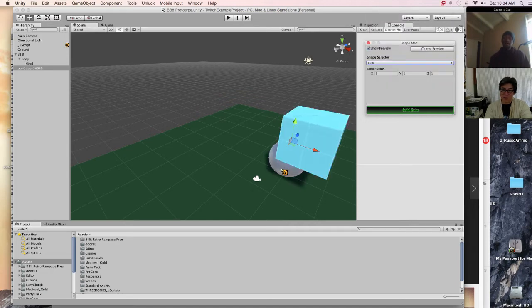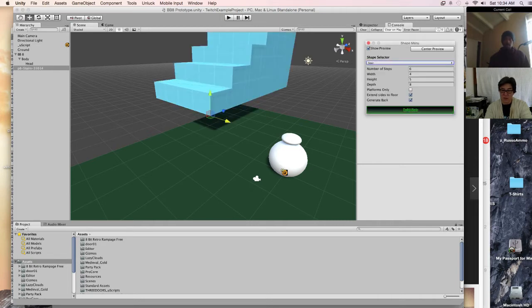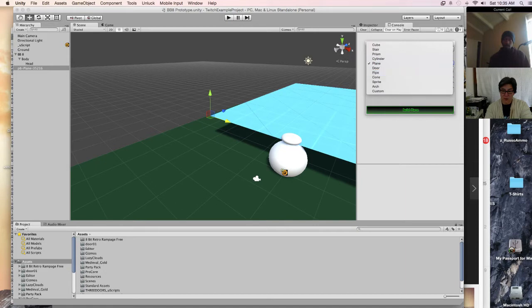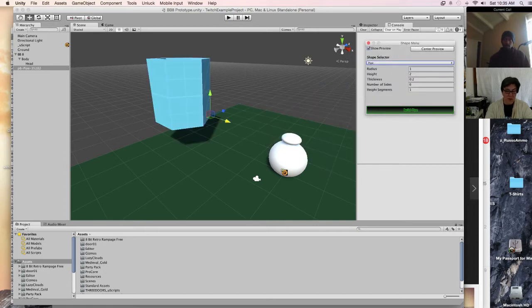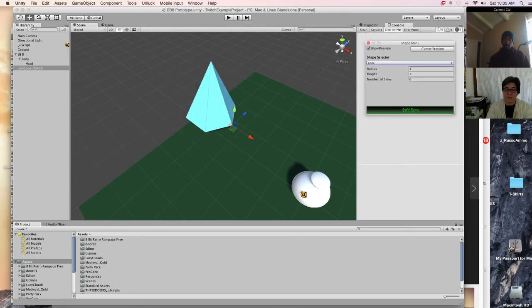So this is the thing that we can do, though. I'll show you the way this works for just a quick second. This doesn't exist in your level quite yet, even though it's put there. I have to actually hit build cube, right? Because right now it's in a limbo state. Stairs, prism, plane, pipe, right? So we've got a hollow pipe, cone. That's one thing that's missing from Unity, is they don't have a proper cone. But what's nice is this is parametric, right?